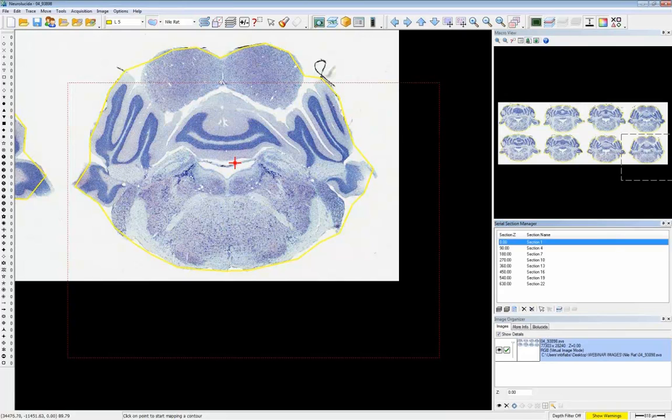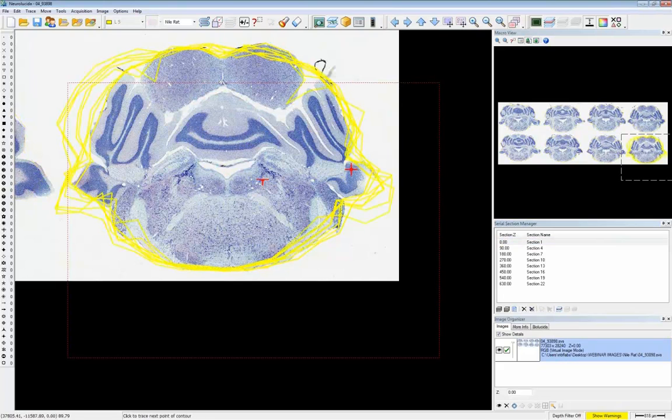But in version 11, we have a new hotkey that is pretty impressive. So you can see in the macro view that we are able to see every section. And now, if we do Control F, all of those sections from the other seven sections, those contours are then centered on the first section's contour. And so they're already snapped to a registration based on the midpoint of each individual contour across